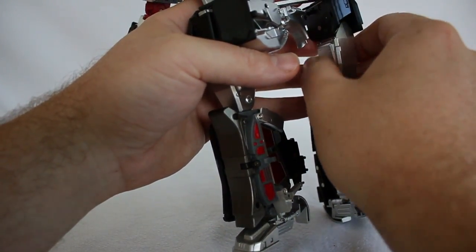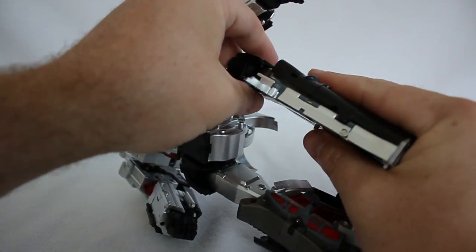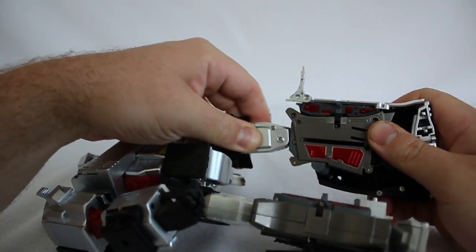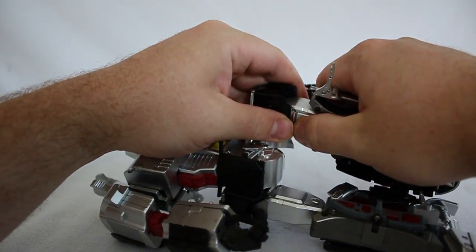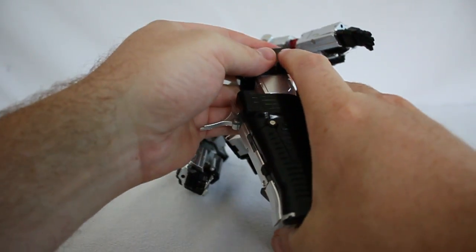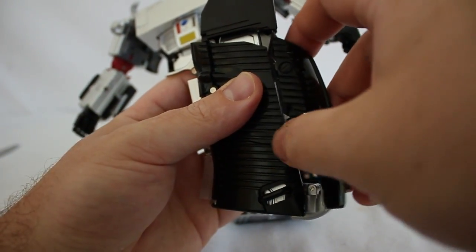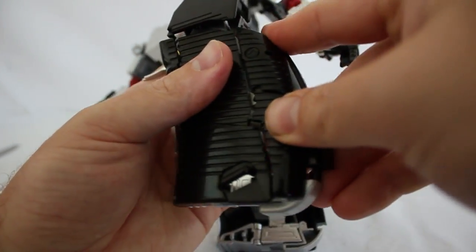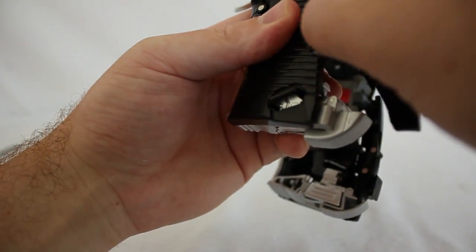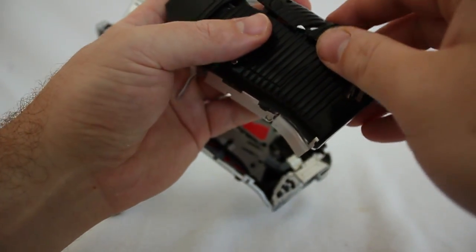And this is a little button on the inside of his thigh, and press that in and push the entire leg up like so. And it doesn't like to do it every time, but it's supposed to, this whole trigger slider is supposed to go all the way in. Alright, I'm not sure why, but I guess I needed to do this piece last and then collapse this in, because for some reason this piece was blocking it. I'm not sure why, because I've done this bit first every time. But I got this leg collapsed in all the way now,